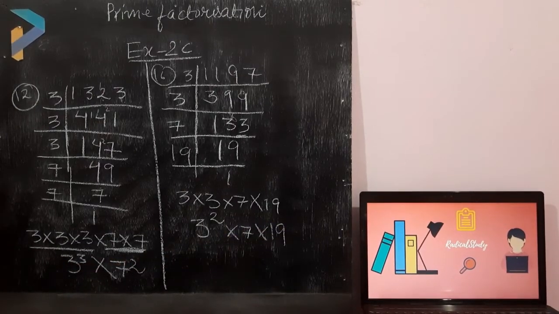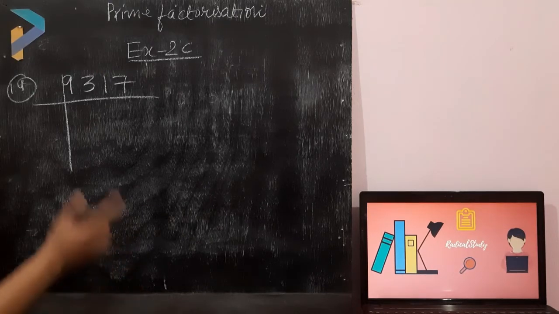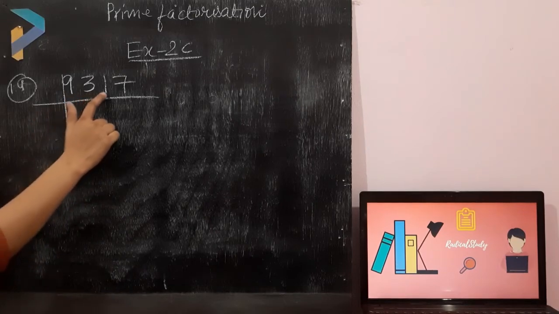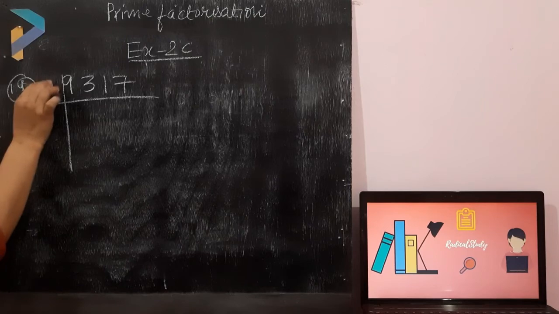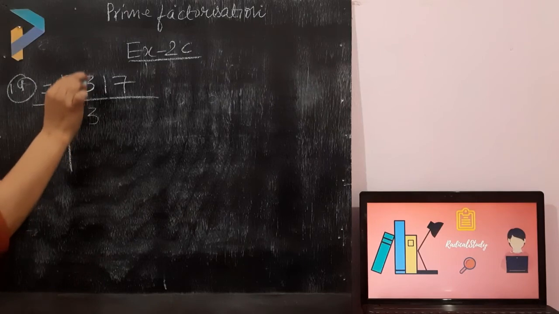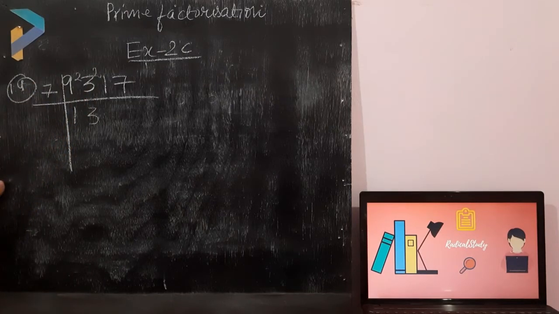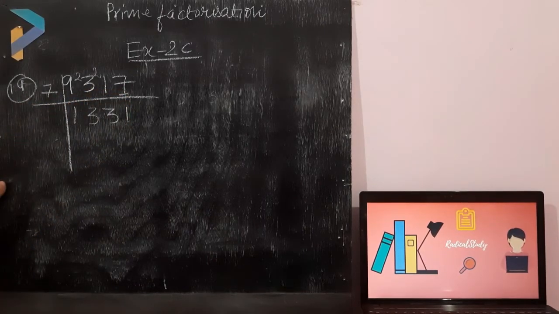Okay students. Now I am going to explain the next example for you. Please pay attention. So students, the next question which I am going to solve for you is 9317. So firstly I will check whether it is divisible by 3 or not. 3 3s are 9, 3 1s are 3. Now we have 17 over here. So it is not divisible by 3. So I will try to divide it, because 5 it's not possible, so I will try to divide it with 7. 7 1s are 7. 2 is your remainder. 7 3s are 21. Again 2 is your remainder. So 7 3s are 21 again. Now 7 is left. 7 1s are 7.